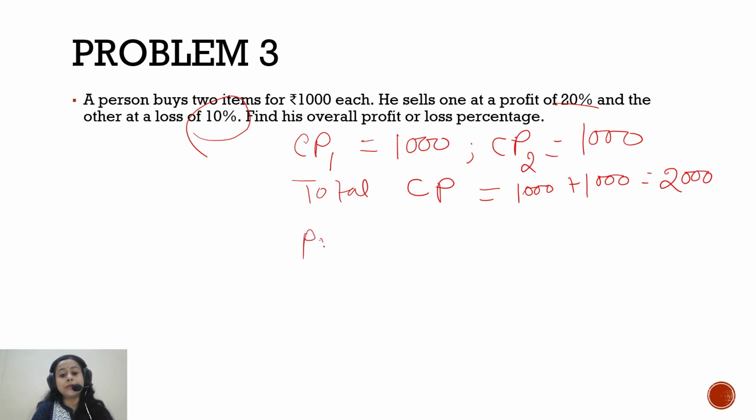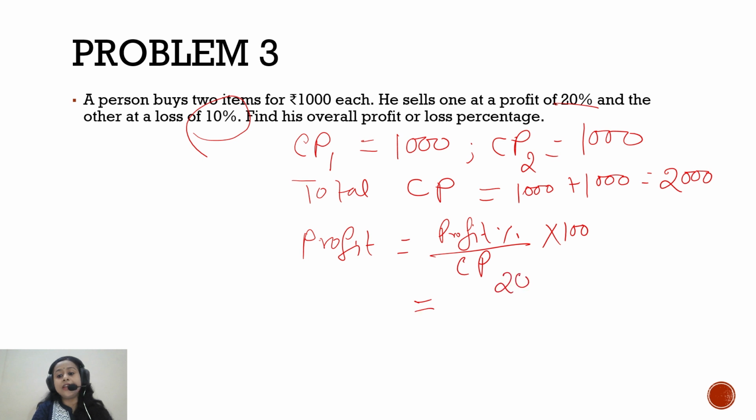So your profit amount will be profit percentage by cost price into 100. This is the formula to find out the profit amount. So 20 by 1,000 into 100, which will give you